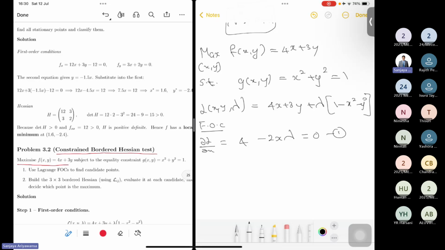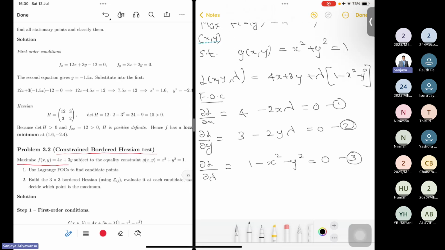That's my first order condition. Then the Lagrangian I partially differentiate with respect to y. And in this case, I would get 3 minus 2y lambda equals 0. And finally, I partially differentiate with respect to lambda, where I simply get the constraint and I set it equal